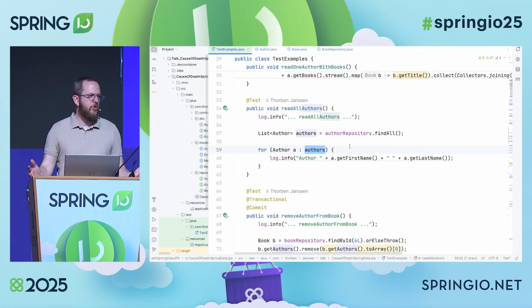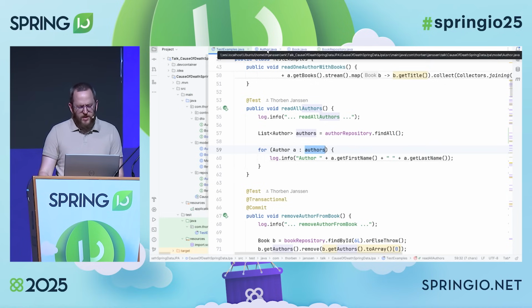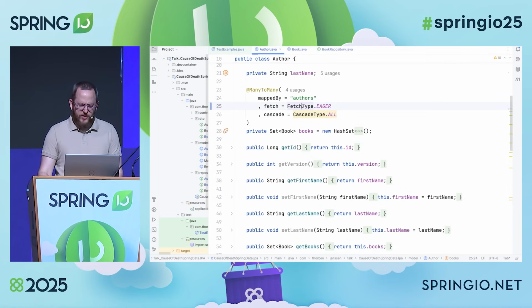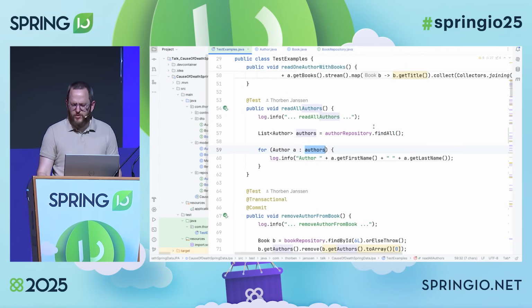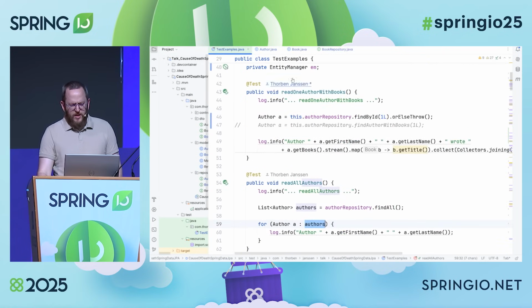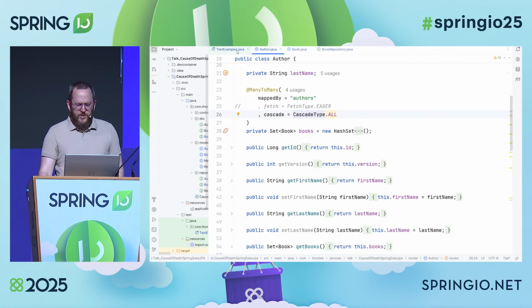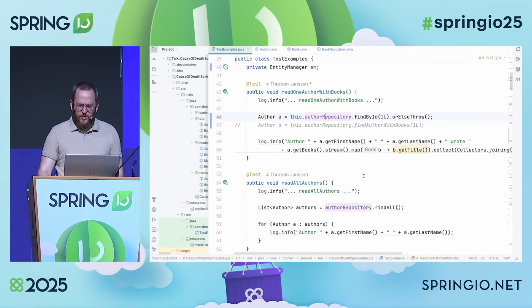So this is the most common performance issue that you can cause with Spring Data JPA or any JPA implementation in general. And I guess most of you have seen this problem, right? I mean, it's very common. And I just thought, okay, you can't do a presentation like this without running into a lazy initialization exception and causing an n+1 select issue. So what are we actually supposed to do here? Fetch type eager obviously wasn't a great idea. So let's try something else.